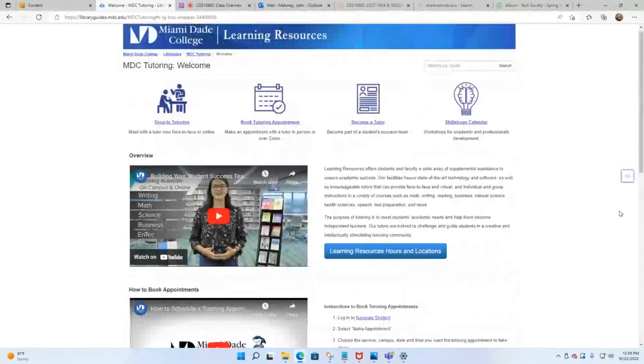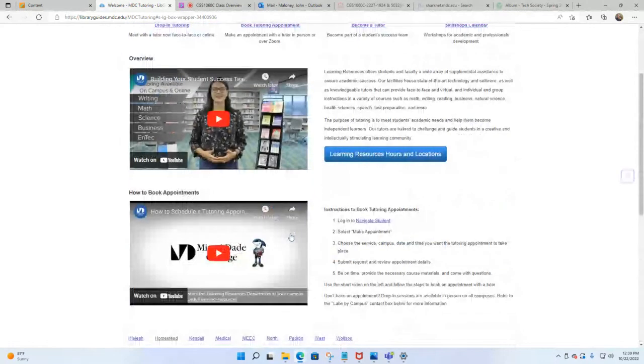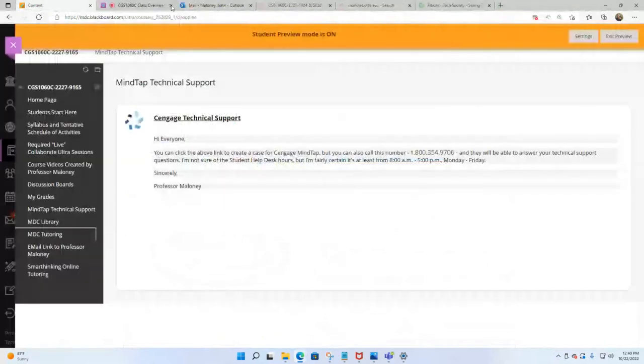Now, of course, it might be just by watching one of these little things here that you'll be A-okay. But either way, this is what it's supposed to show right here: writing, math, science, and tech. And NTech is CGS. That's what you would be asking for tutoring with. Right? But I'm going to get out of that for now. All right, so that's that.